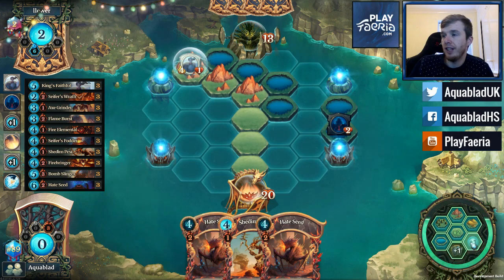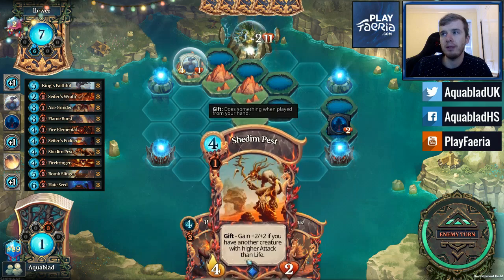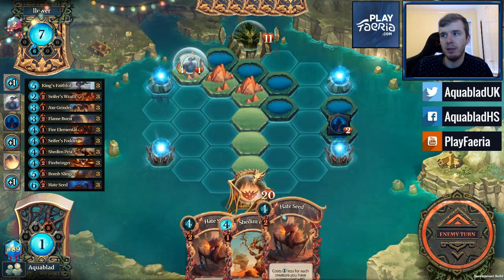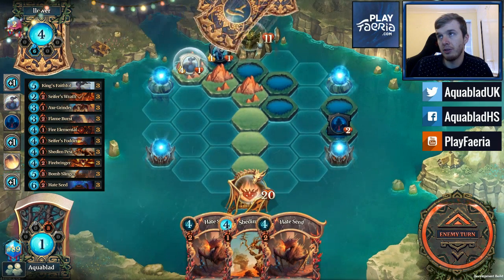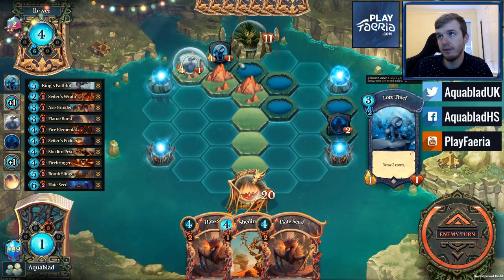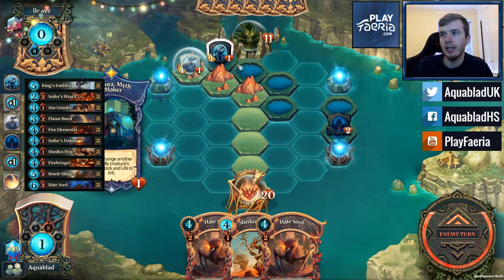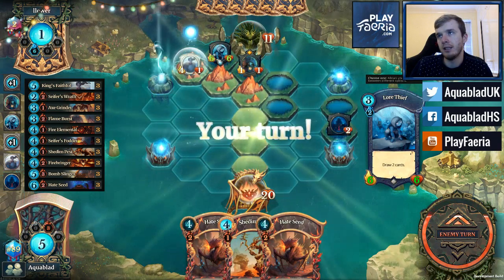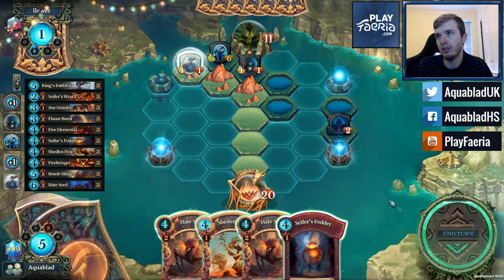I guess we'll take some Faeria. Let's get ahead on Faeria as much as possible. So we can potentially play like Pest into Hate Seed, or line up double Hate Seed at some point. Lower Thief's kind of miserable. It could have been better to put the Mountain here when we developed. Yeah, it could have actually been better to put the Mountain there, so we couldn't block us, but I don't think the situation would have changed too much, just because...